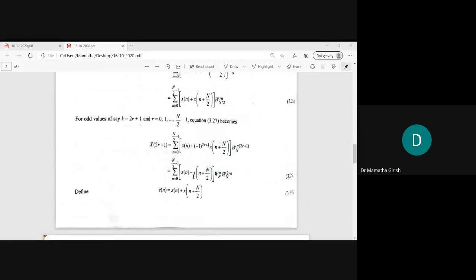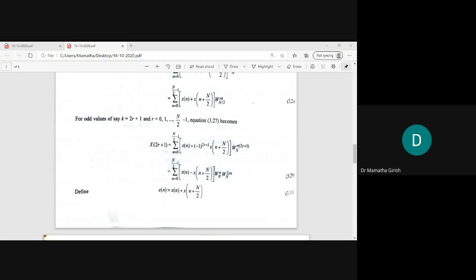So now what happens to the above equation? Summation term as it is, x of n as it is. Unlike the previous case here, minus 1 raised to the power of 2 times r only is positive value. 2 times r plus 1, again since it is going to yield me an odd value, minus 1 raised to the power of any odd value will give me a negative value of unity only. Hence, here comes the minus sign.